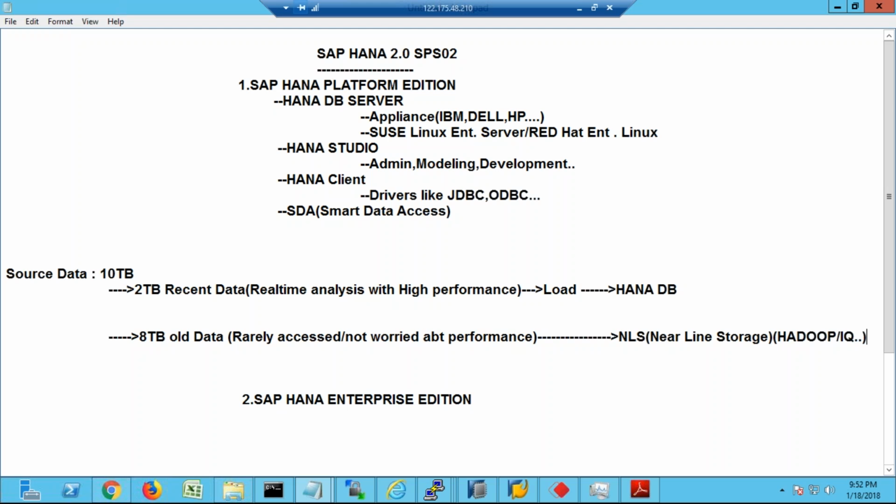So this 8 TB data, which you don't want to load into HANA, you keep it outside the HANA database, which we call NLS, nearline storage. But now the requirement is, whenever you want to analyze this data, it has to be accessed into the HANA database. You don't want to store it, but even though you don't want to store it, you need to access it. Only when you access it will you be able to analyze the data using HANA. So that's when what we have to do is here,